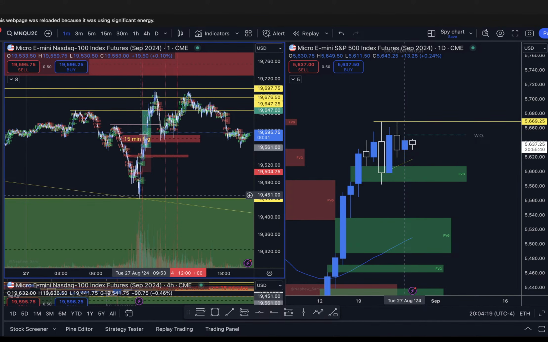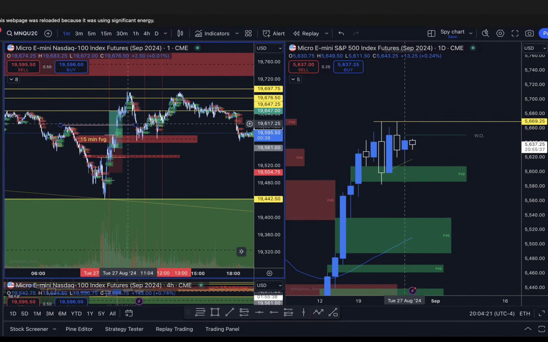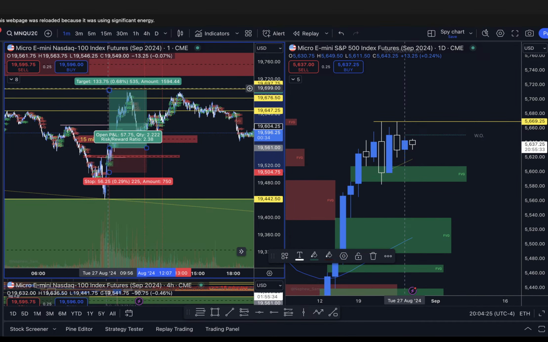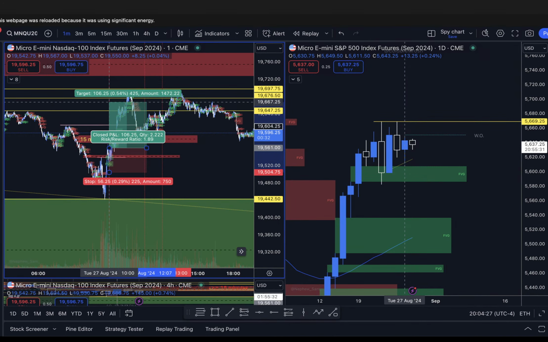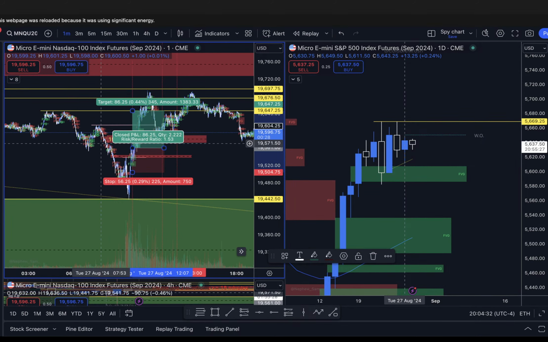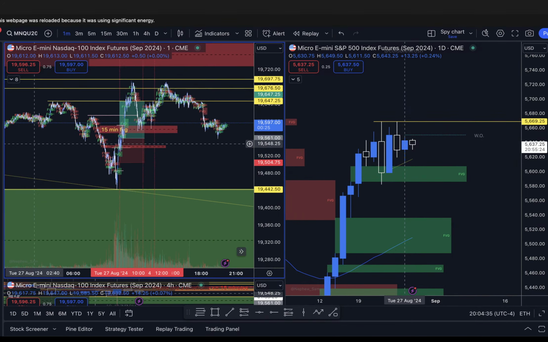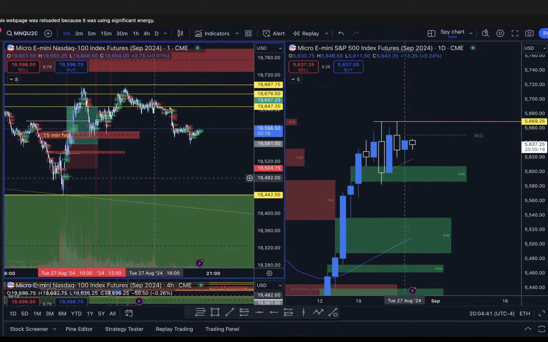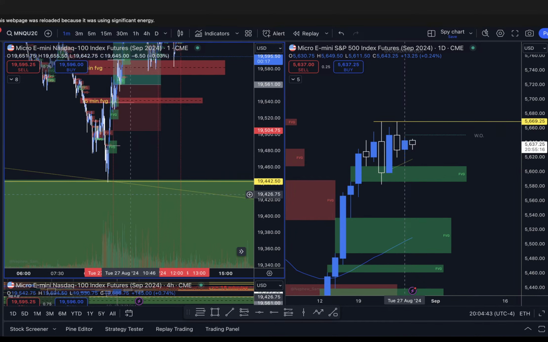Accumulation, manipulation, distribution for the biggest trade of the day. Again, I could have held up to here, but I made 650 on this, so I would have probably held. It probably would have been like 1,000, but again, I wanted to just take my profit because to me, I would have liked it to come down into the hourly daily fair value gap a little more before we came out of it. Like it kissed this daily fair value gap, kissed it.